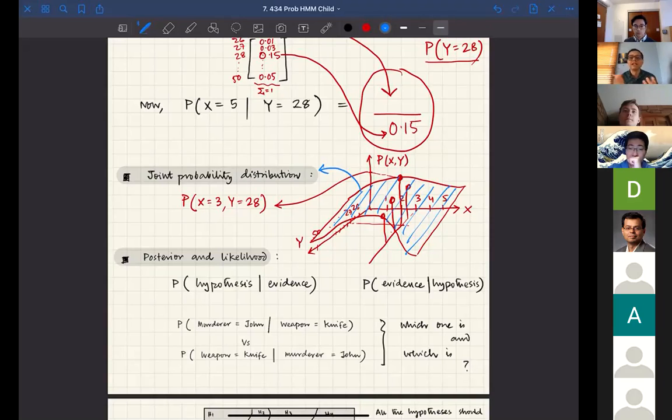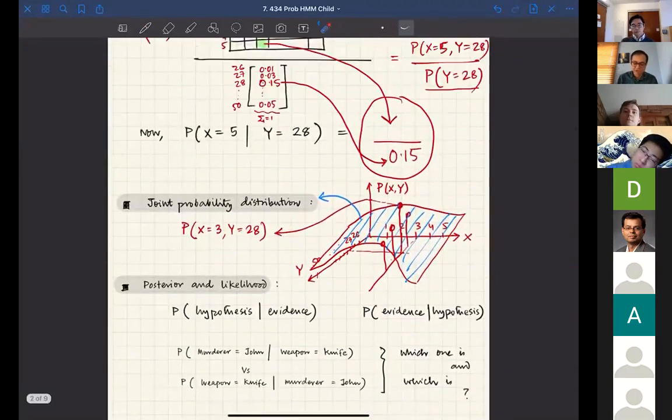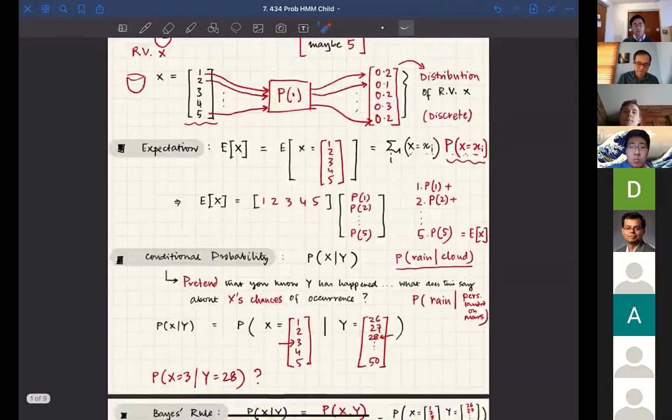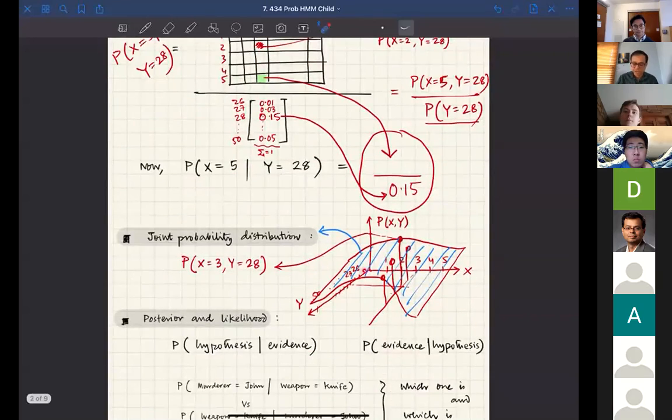There's nothing different. If you understood the probability distribution for that single variable x, this is for a one-dimensional vector. The joint distribution is the same thing for a two-dimensional space, R2. This is a one-dimensional space, R1. This is two-dimensional space, R2. For every point in that two-dimensional space, you're asking what is the probability value for that point. That's joint distribution. Okay, very good.